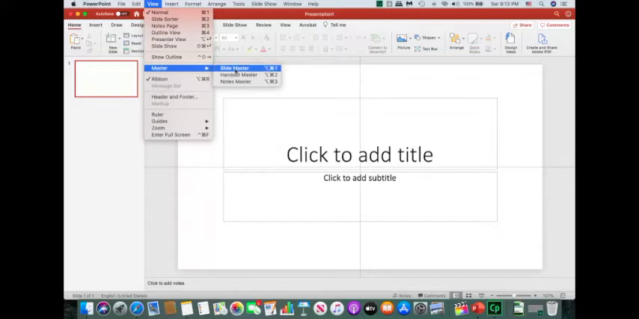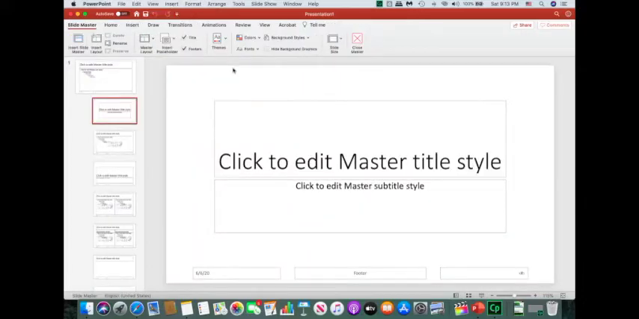Under the master slide, we have these options: slide master, handout master and notes master. To edit a master slide, we are going to choose the slide master. Alternatively, we can also click shift command and number one button. So when I click on the slide master, the PowerPoint edit screen changes to